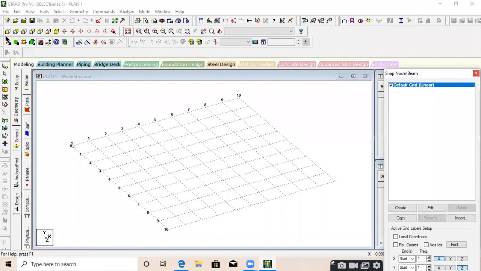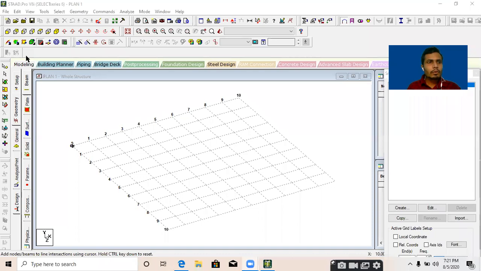These are the view cubes: front view, back view, right side view, left side view, top view, and this one is the bottom view, isometric view.